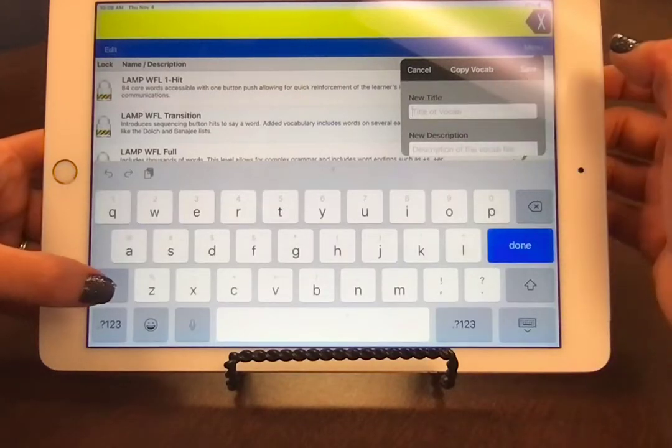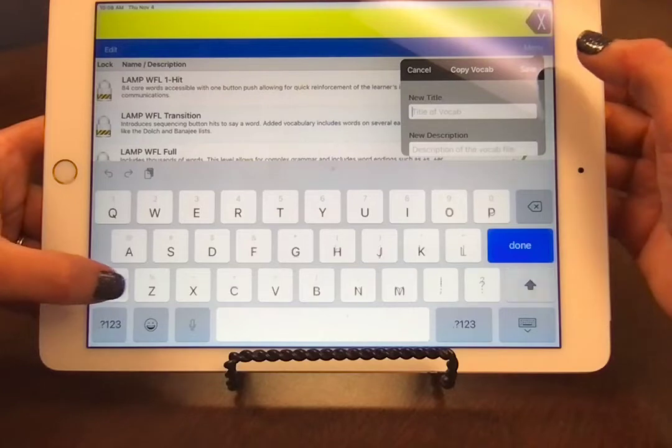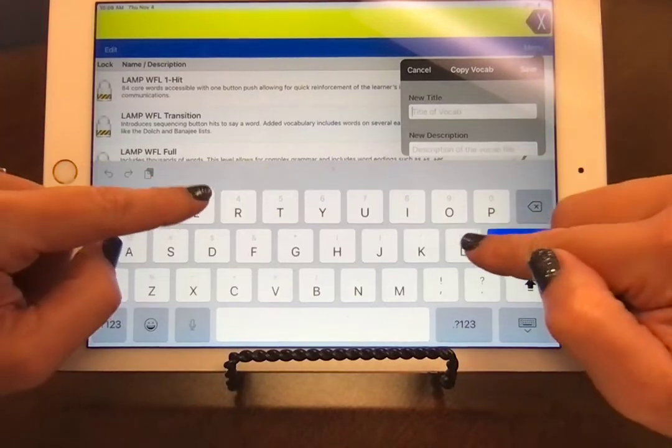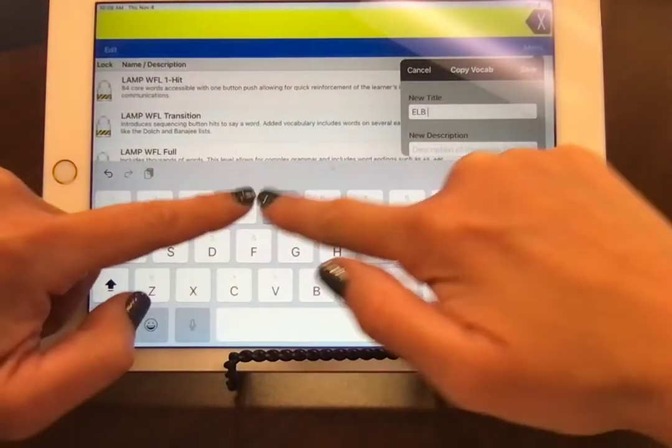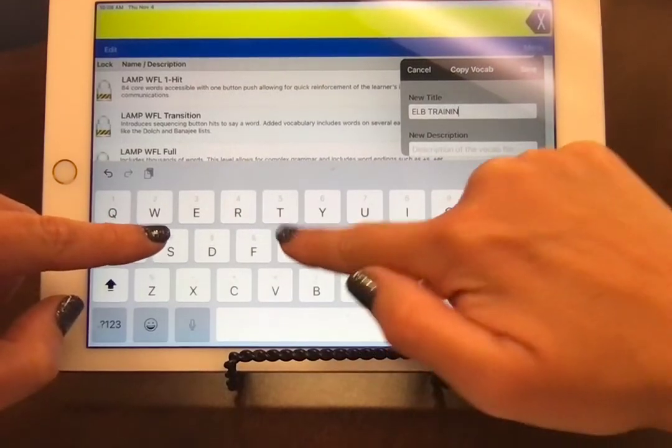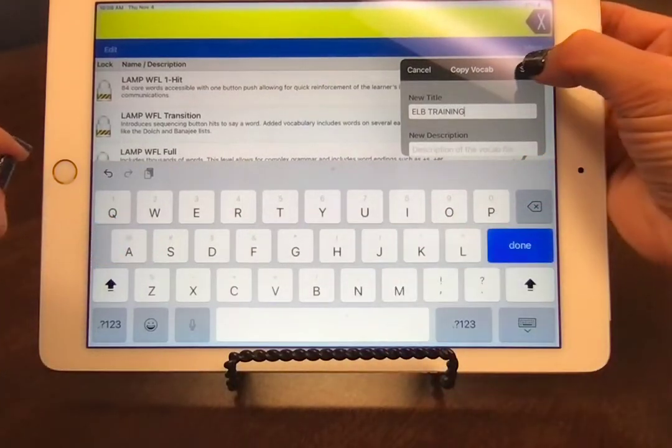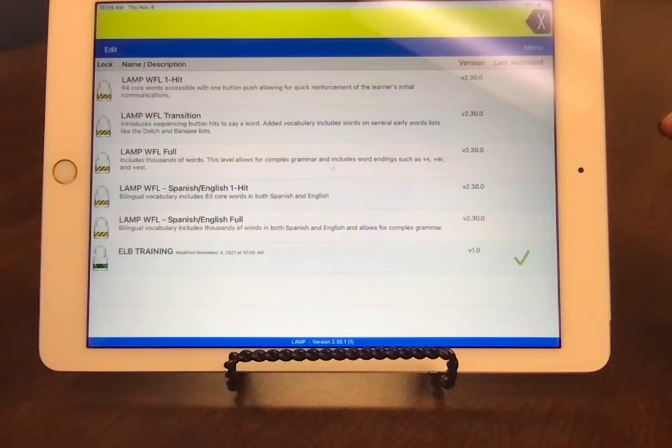You can call it whatever you want. You might use your child's name. I'm going to use ELB training and hit save. Okay? So you can see that now we have a green unlock button and it was automatically